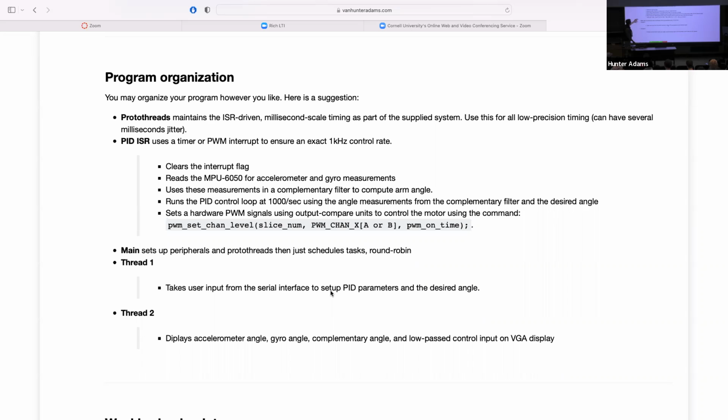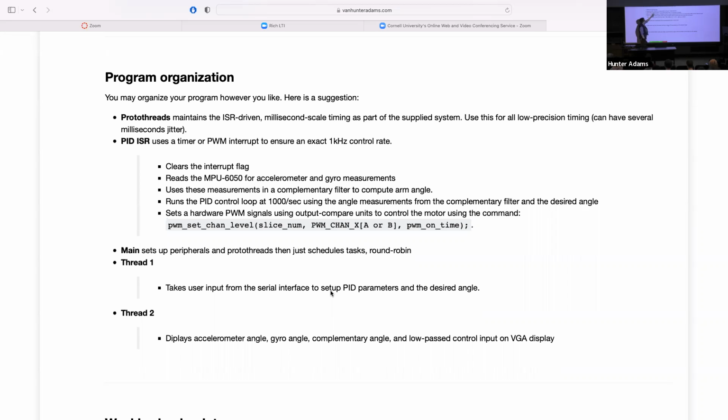So your program, just in summary, could look like a single interrupt service routine, which does most of the actual work in the program. In particular, you enter this interrupt service routine. The first thing that will happen when you get in there is you clear the interrupt flag. That's in the demo code already, incidentally, but you clear the associated interrupt flag. You gather a batch of raw measurements. So in particular, a batch of raw accelerometer and gyroscope measurements, each of which has X, Y, and Z outputs. Right, so you gather a batch of raw measurements.